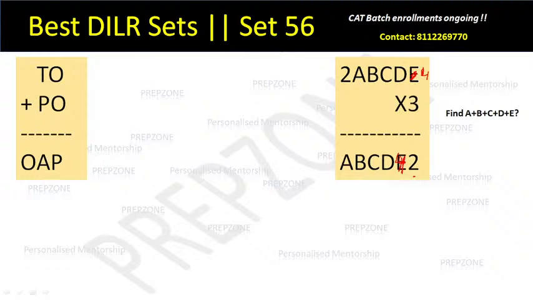Great. Now let's think. 4 3s are 12. So 2, and 1 will be a carry forward. So now 3 into D plus 1 leads to 4, right? Which means 3 into D plus 1 is equal to something with a carry with a unit digit of 4. Right? Which essentially means that 3 into D must have a unit digit of 3, so that if I add